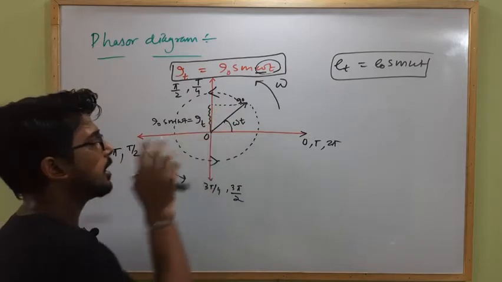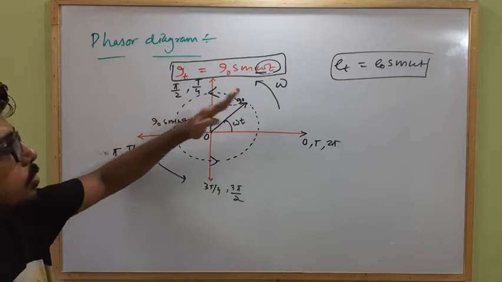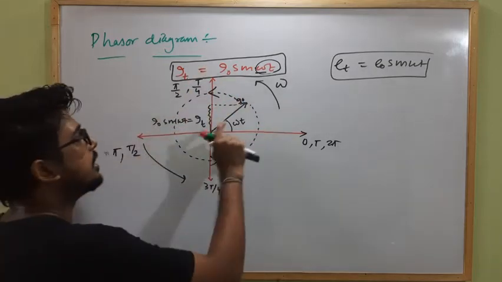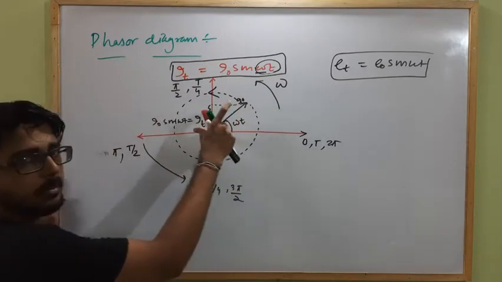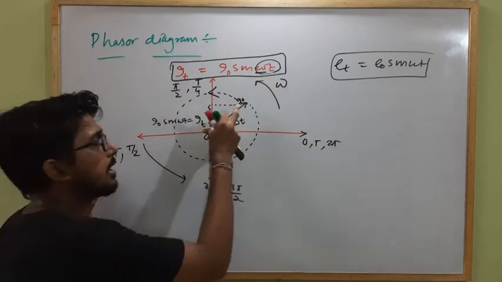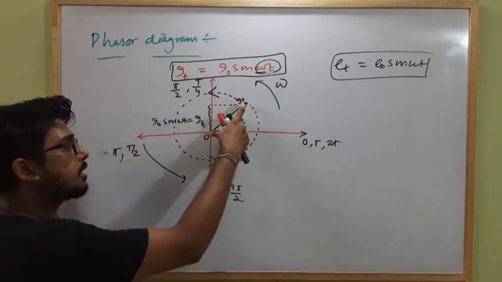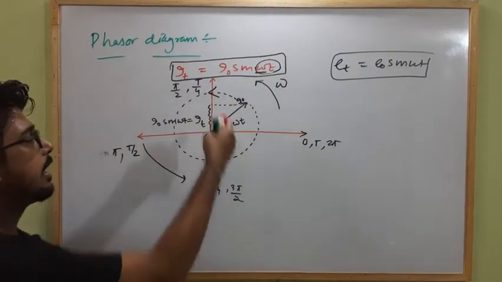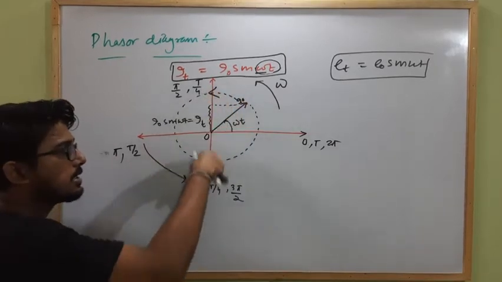So phasor diagram is a diagram in which the alternating current and alternating EMF are represented by two vectors or a single vector. If you are representing both in a single phasor diagram, they will be represented by two separate vectors. Generally the alternating EMF and alternating current are represented by vectors, and these vectors are rotating in anti-clockwise sense, and the length of the vector is equivalent to the amplitude or peak value of the alternating current or alternating EMF, and at any instant the projection of the vector about the vertical axis will give us what?